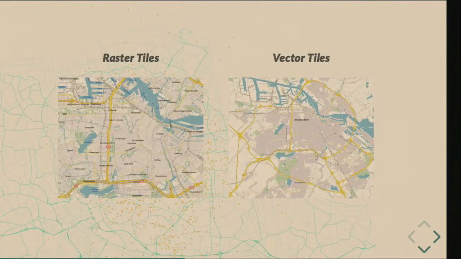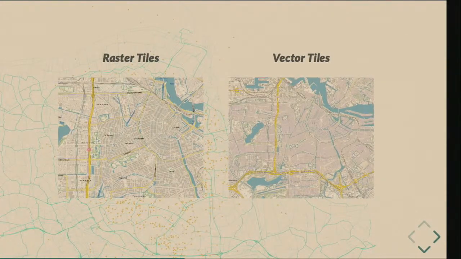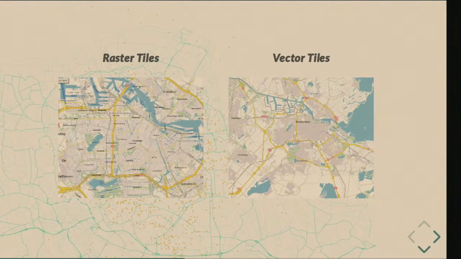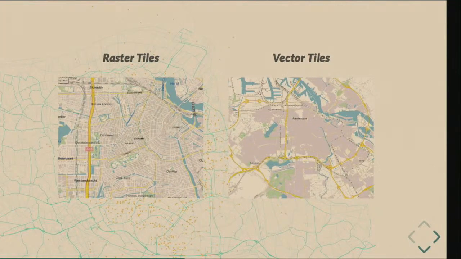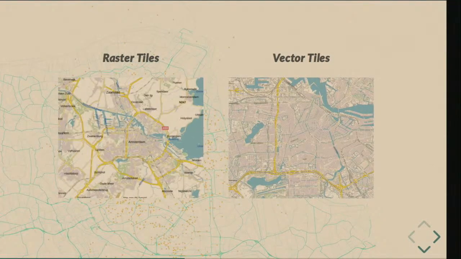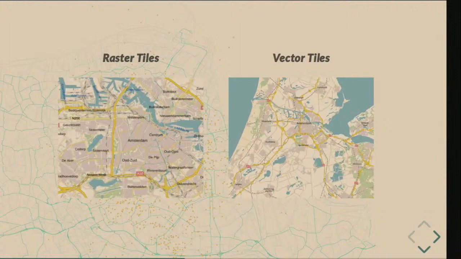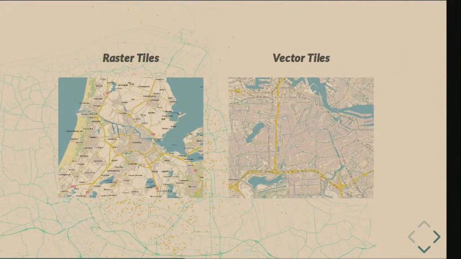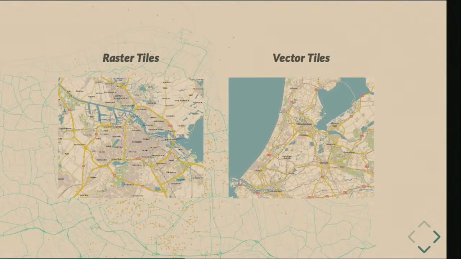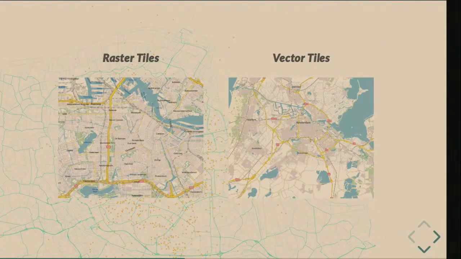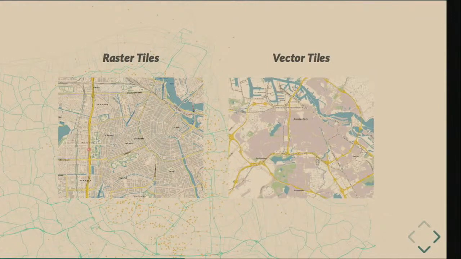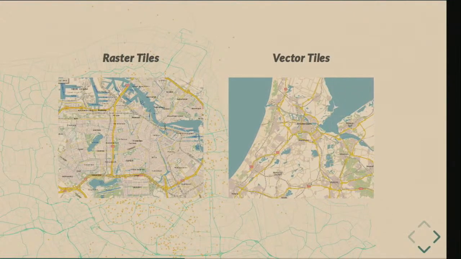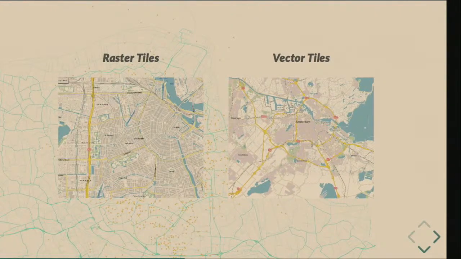This is to give you an idea of how it visually looks different on the client side between raster tiles and vector tiles. So on the left, if you focus on the labels, you really see that they change step by step. That means that you move from one zoom level to another. So you go onto another tile set, and this makes the labels jump. While on the right, if you look at the vector tiles and you focus on the label of Amsterdam, you'll see that it has a kind of smooth interpolated size.